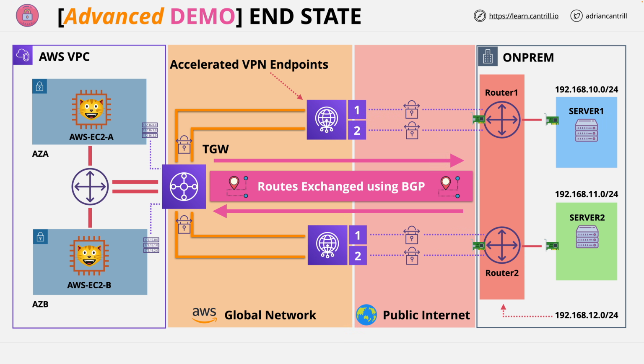Now, there are 2 main tasks to do in this video of the mini project. First, you're going to install FRR using a script which I've pre-installed on router 1 and router 2, and then you'll configure FRR to use BGP and share routing information with AWS, and that configuration needs to be performed on both on-premises routers. So let's go ahead and move across to the AWS console and get this last bit configured.